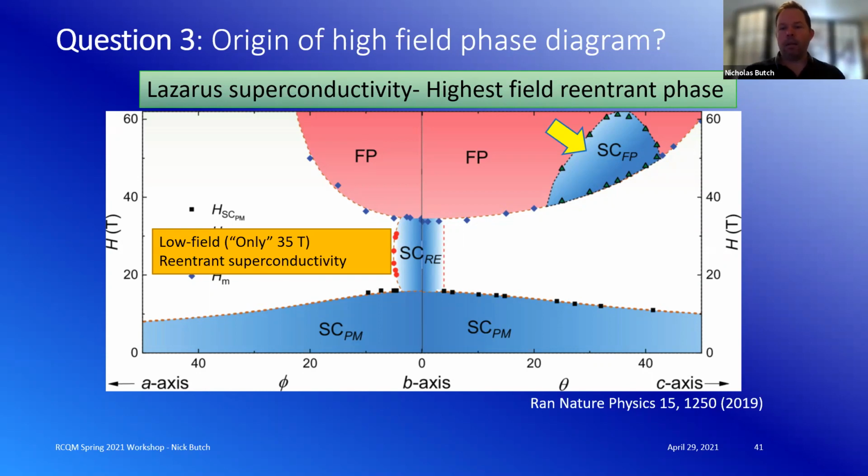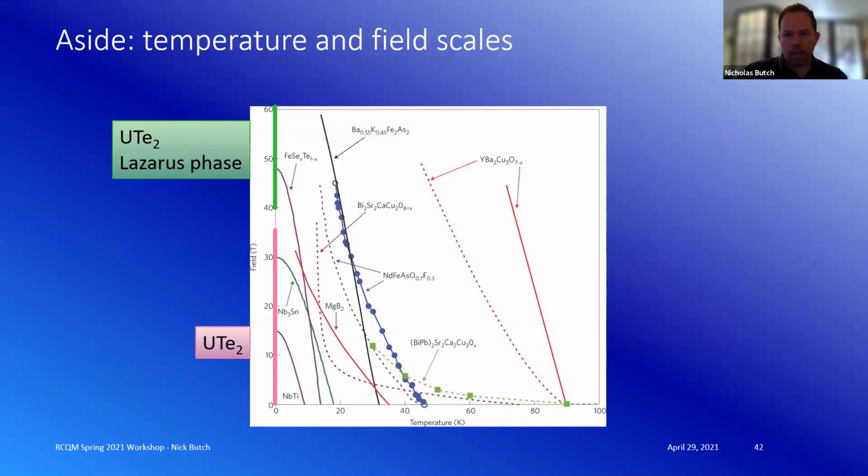There's a bubble on the other side of the magnetic transition. And just to give you a sense of scale, here's a plot of various Hc2s, so upper critical fields for different families of superconductors. The biggest ones, cuprates, are on the right. Then in the middle, you've got transition temperatures in the 50s for the iron superconductors, and they still go pretty big. Uranium ditelluride is a delta function on this plot. And the field scales here are pretty remarkable for something with such a low Tc.